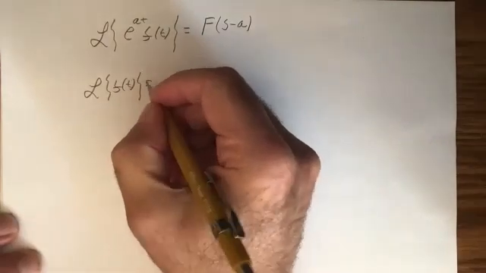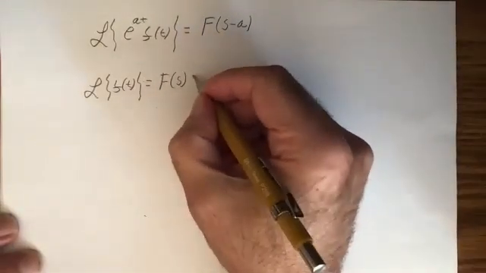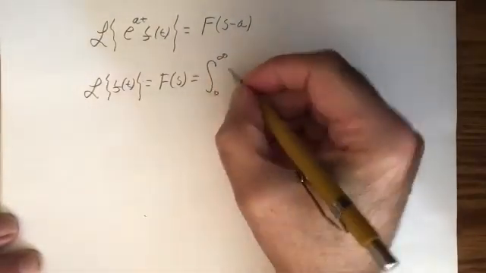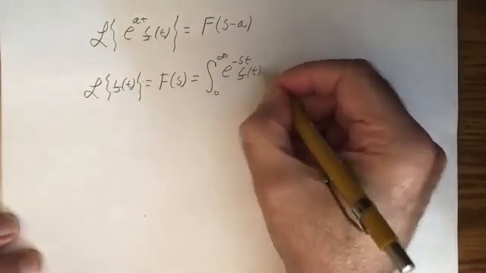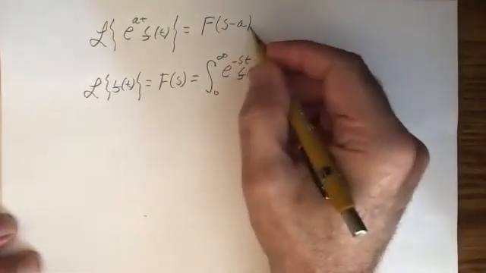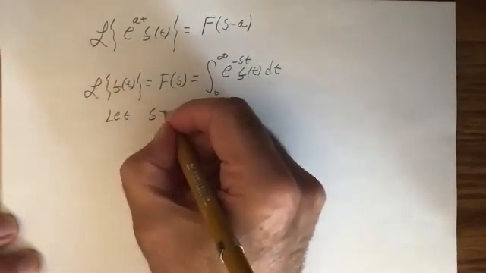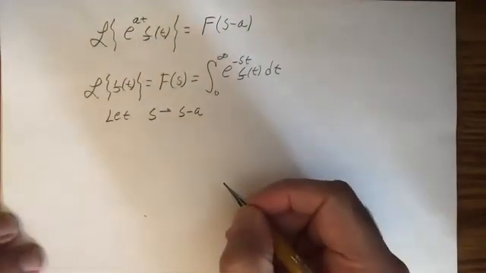Have some function of t. We call this big F of s, and that's equal to the integral from 0 to infinity of e to the minus st f of t dt. I'm going to show you that this is true. And if I let s become s minus a,